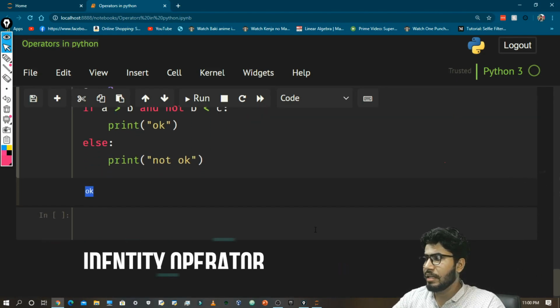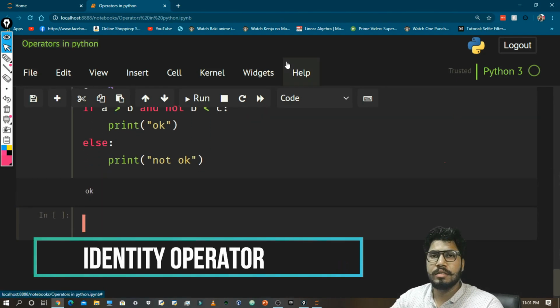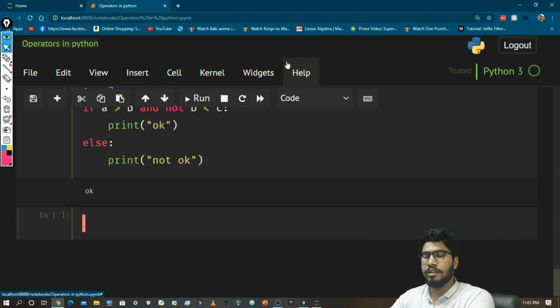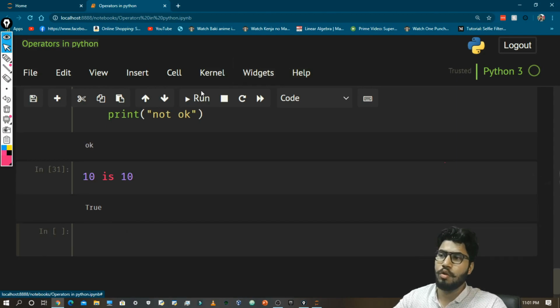Now the next operators are identity operators, a special kind of operator where we can check whether things are identical. Let me give you an example. Let's say 10 is 10. It is giving true. So here is the identity operator that I was talking about.